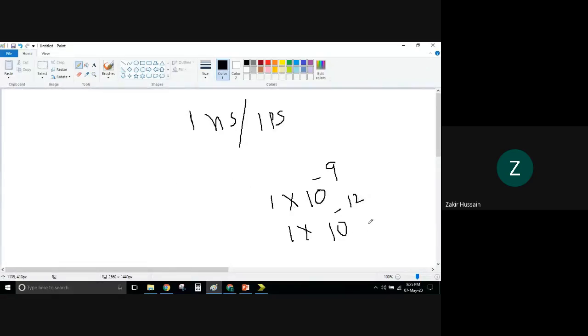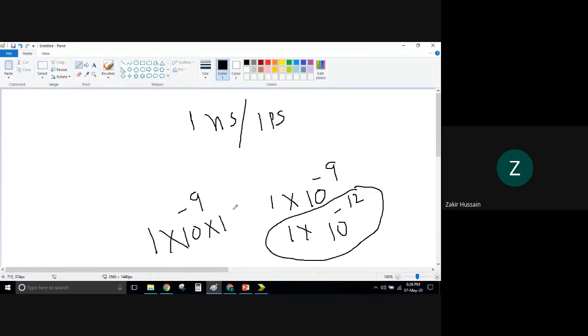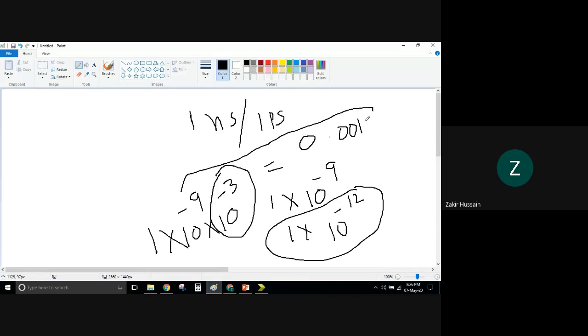If I write it this way, 1 into 10 to the power of -9 into 10 to the power of -3, this portion I want to write as 0.001, and this portion as nanosecond.